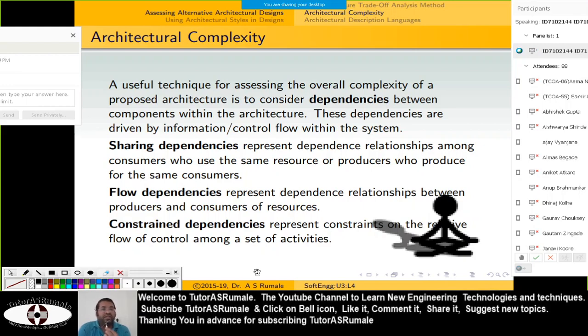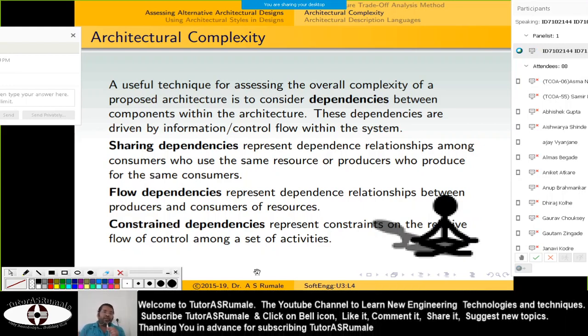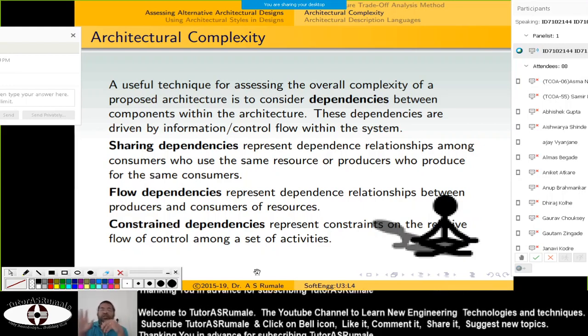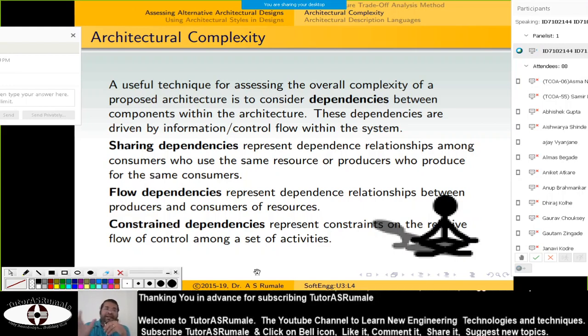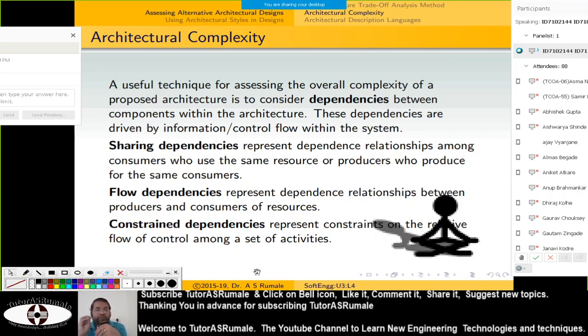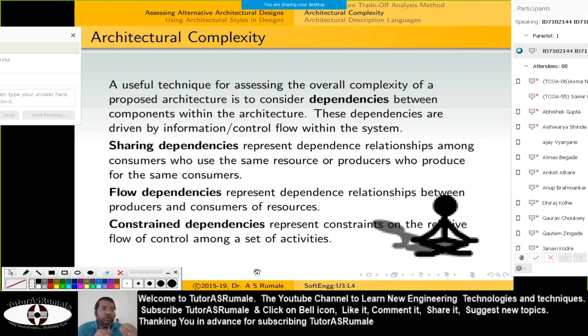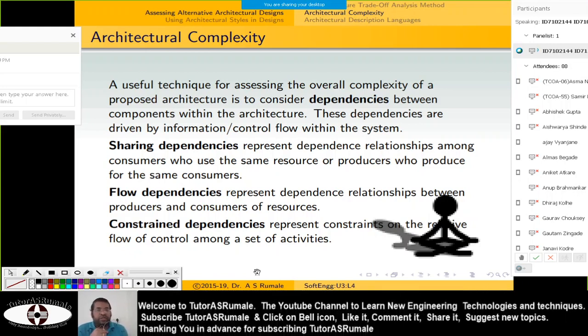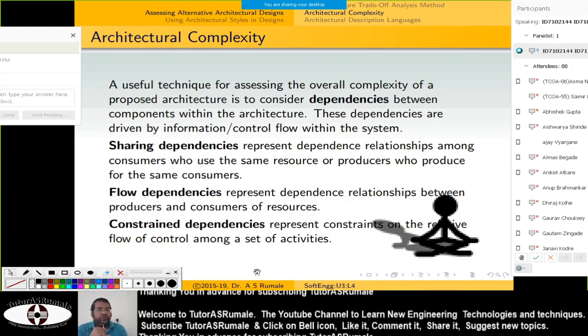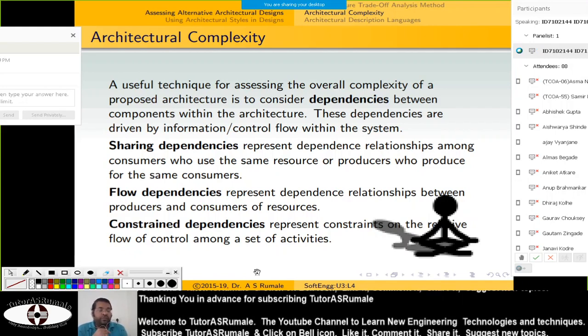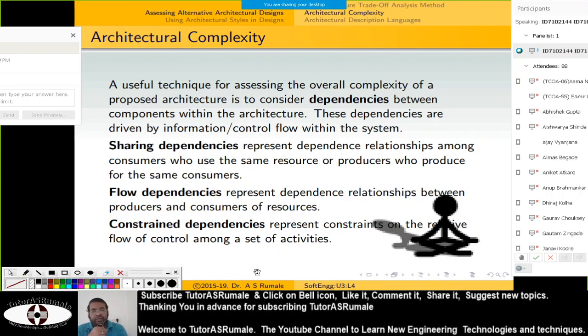Then you can call that a constraint. Means you are limited with, or you are constrained with, or you are bound with certain type of things, and that is what a constraint dependency is. So you have to consider this constraint, represent the constraints on retrieve flow of control among the set of activities. So which activities be done by this, and likewise.